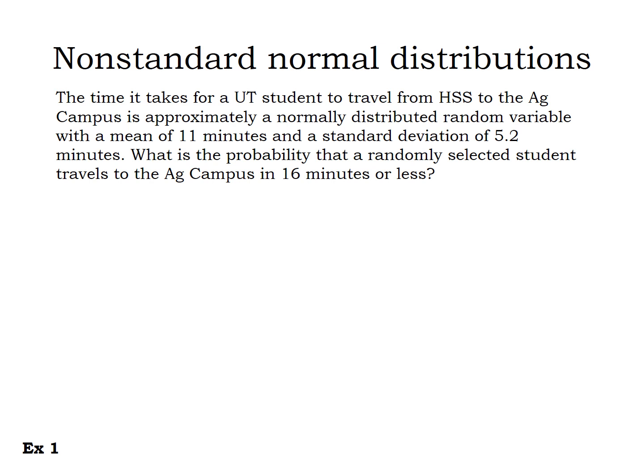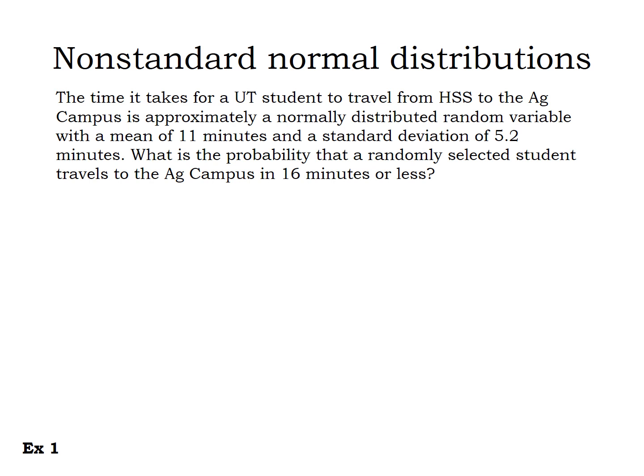In this video, we're going to look at non-standard normal distribution applications. That is, variables that have a normal distribution, but either the mean's not 0 or the standard deviation is not 1. So for our first example, the time it takes a UT student to travel from HSS to the Ag campus is approximately normally distributed with a mean of 11 minutes and a standard deviation of 5.2 minutes. And we want to know the probability that a randomly selected student travels to the Ag campus in 16